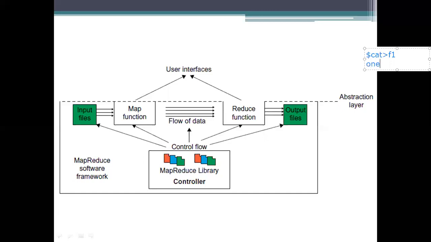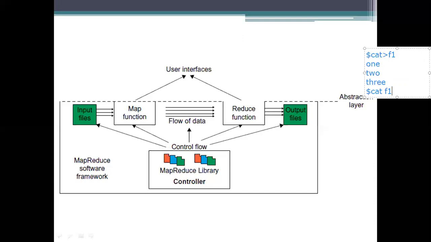I am taking numbers as data elements here. I am intentionally using only single-column data elements here, and I'm taking only 3 elements in this one. So after that, when you are using dollar cat space F1, it will display the elements you are using here.